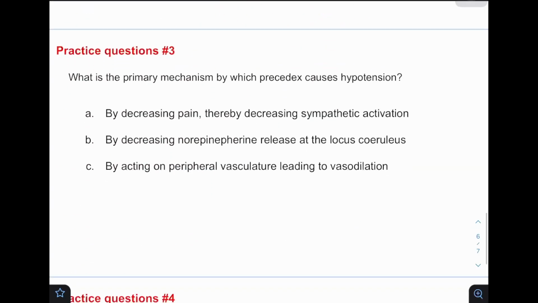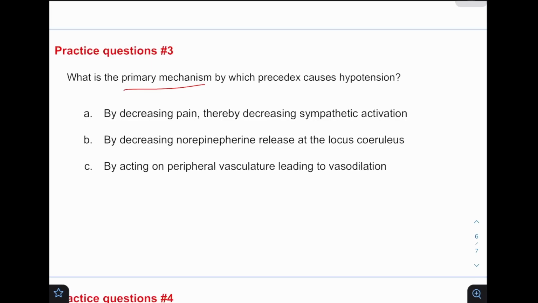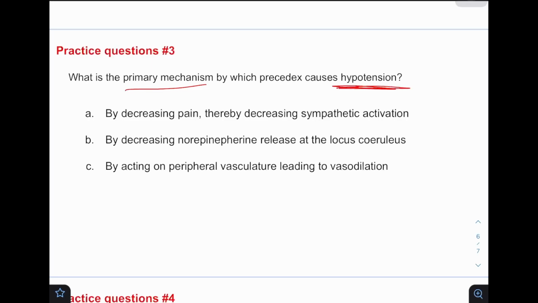The third question is, what is the primary mechanism by which Precedex causes hypotension? So we just talked about that. The three answer choices are: by decreasing pain, by decreasing norepinephrine release, or by acting on peripheral vasculature, leading to vasodilation. This one might be a little tricky, but the answer is actually B, by decreasing norepinephrine release at the